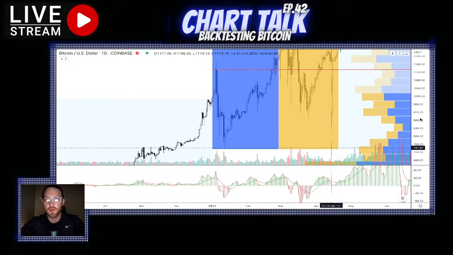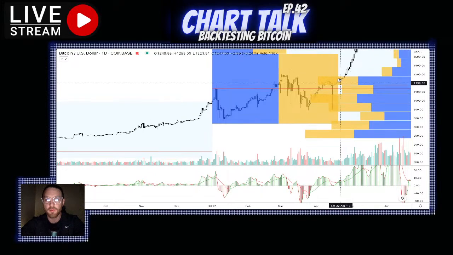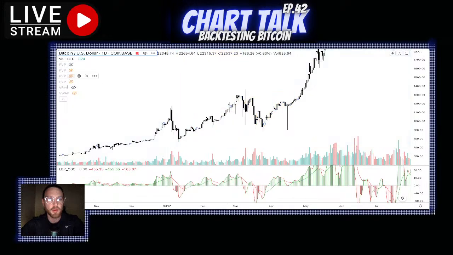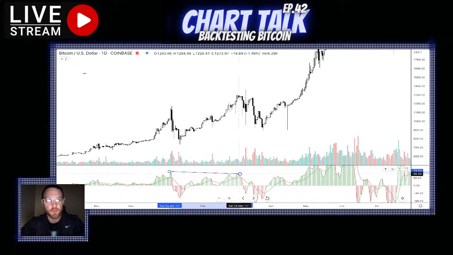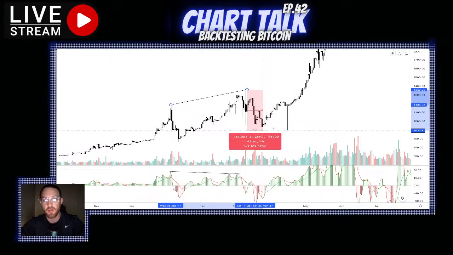None. Here we go. Okay, so now when this profile starts to come in heavy, which we're going to go ahead and just take that off and that off. Now we get the first sign of divergence on the daily where momentum did not make this new high, while price definitely made this new high. This is back in 2017, first bull market, and this was the first correction. Well, this was the first correction, but this was I would say one of the bigger corrections it had. Made a 34% correction